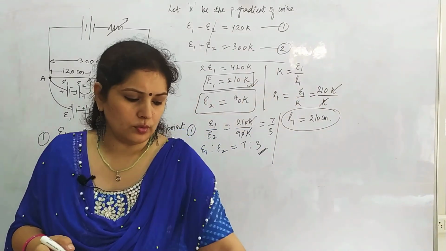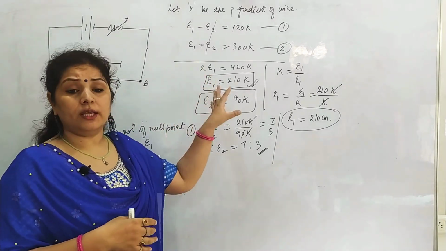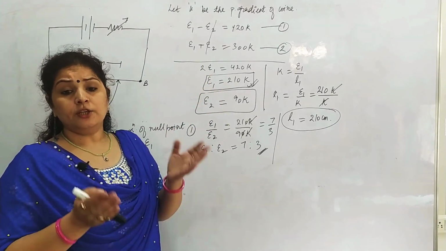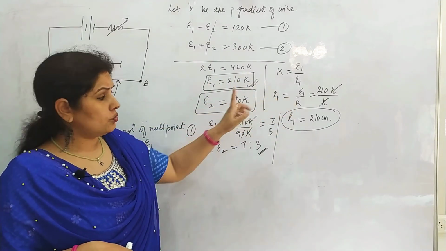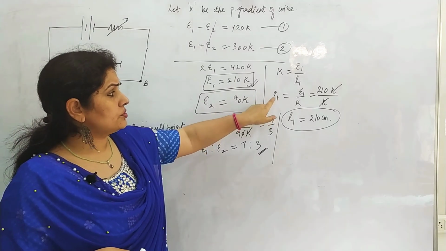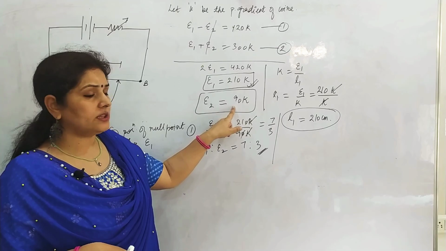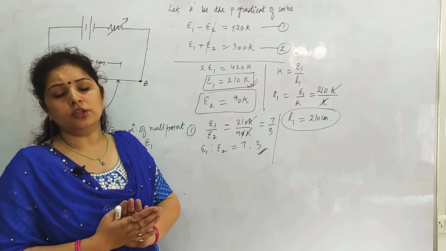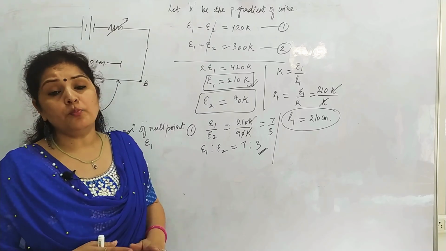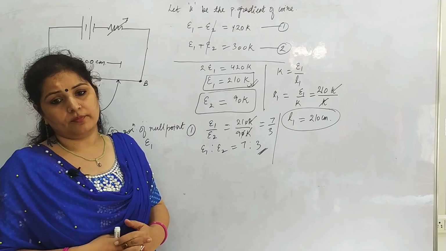That is how we have to solve. See, K is not given, but we can always solve the equation in terms of K. Using K, if they had asked what is the null point of the second cell, what would we have used? L2 is equal to E2 upon K. K would cancel again, and how much would it come to? Null point for the second cell would be 90. So that is how you have to solve. And these are very important numericals. Potentiometer numericals generally come in the exam. Right?